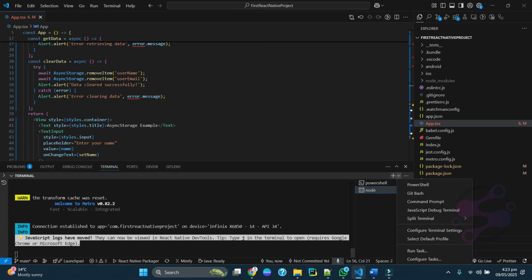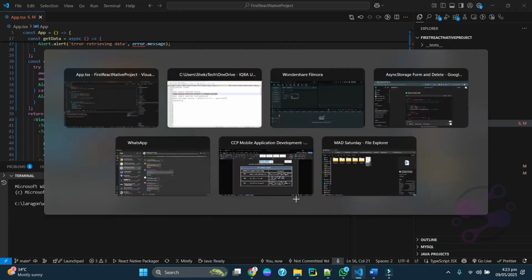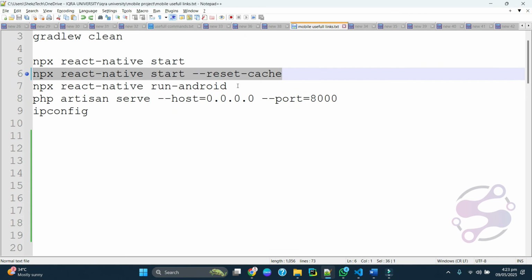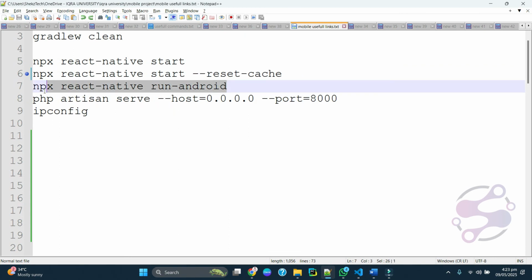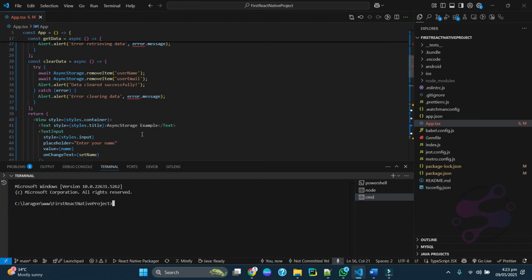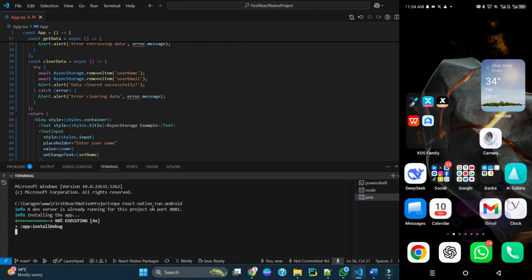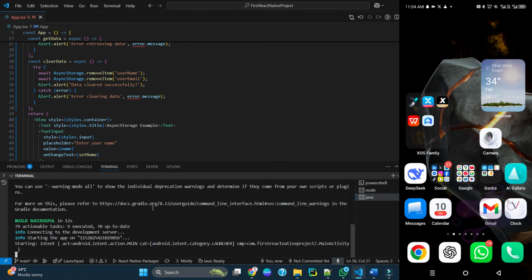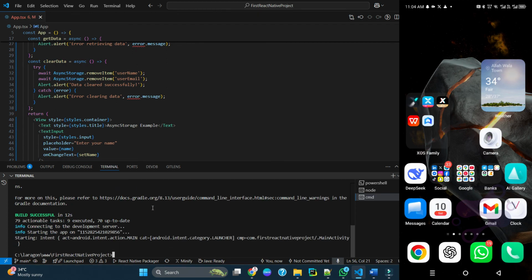So I'm going to open the command prompt again, and now I have to execute this particular code, which is the npx react run and write. So wait a few seconds. So we have the build, then we're going to check. It's loading the application.